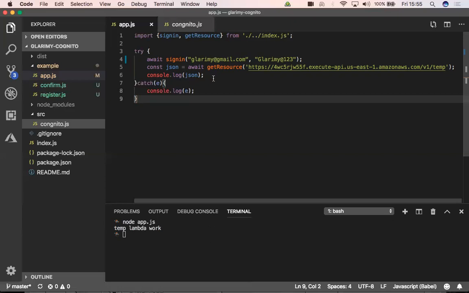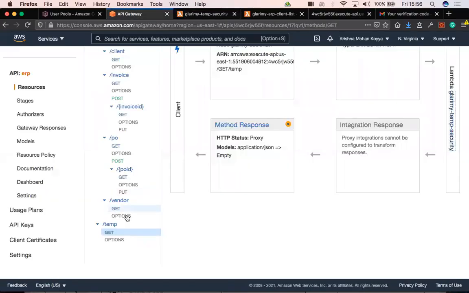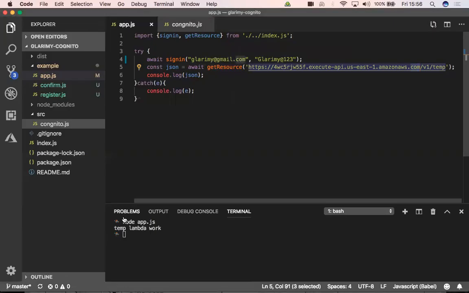For instance, in the case of Sandeep using fetch API calls, if you are aware of that one. He's making some call called fetch, and he's giving these URLs to fetch the vendors list, PO list, and so on. Those calls won't work once I enable security for those APIs in the gateway. I am only adding this authorizer for temp. The moment I add the authorizer for even these guys also, your current ERP application stops running, because every time it fails saying unauthorized. So for it to work, the ERP application has to make a lot of changes. We don't want that kind of a thing.